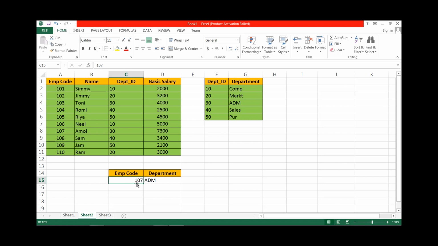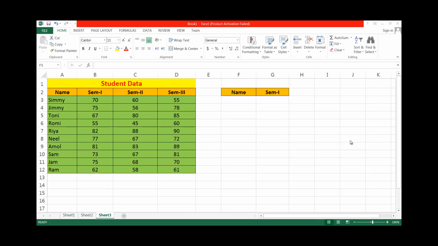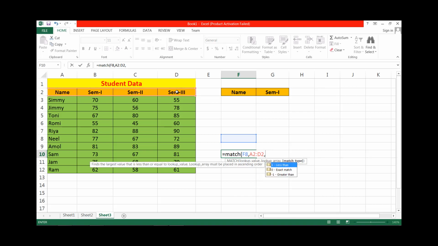Okay, we are going to use VLOOKUP with the MATCH function. First of all, let us see how the MATCH function works. Okay, here use equal to MATCH. After that, you have to set the lookup value. Suppose I set the lookup value as this cell. Okay, and then where you want to look for that value. Now we want to look for that value in this array horizontally. Then for exact match you can set 0.